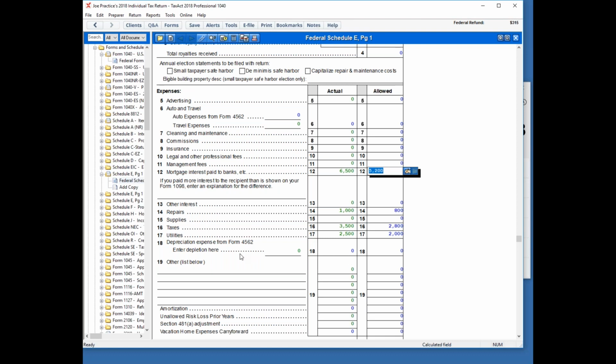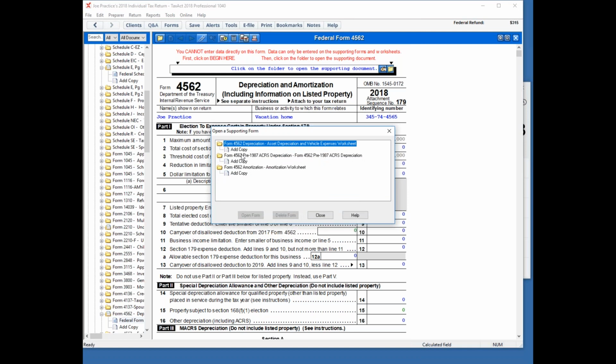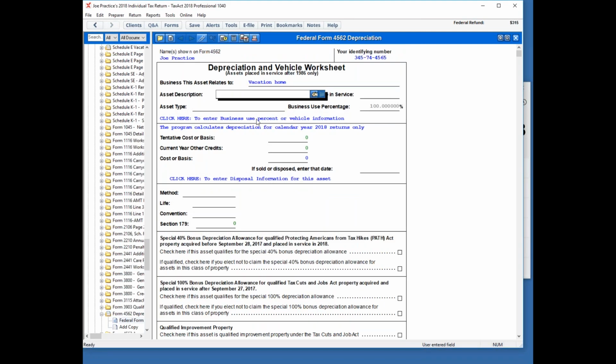Now we can put in the depreciation. Notice this here is depletion. We don't want to do depletion. We want to actually do the home. Now this is going to be the only part where I'm not going to be able to do an actual amount, but this is what you would do. Because to get to the actual 5,000, I'm going to have to kind of guess on the amount of depreciation. So this will be the only one that's a little off. So let's put our vacation home,